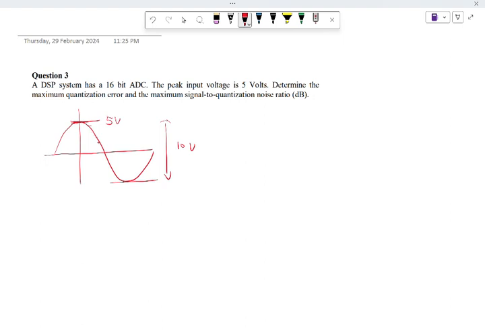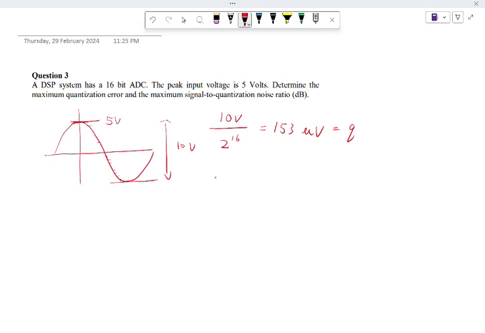So we can actually give a very, very fine representation of each voltage level. You can imagine that this 10 volts is being divided by 2 to the order of 16. That's how many unique numbers you can have by using 16 bits. Each number can represent one voltage level, so this amount of different levels is equal to 153 microvolts. So this is the quantization